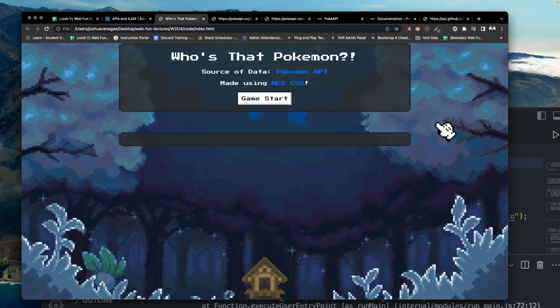This is a free API. So there's free APIs and then there's paid ones. Okay, this is a free Pokemon one that lets me get information on Pokemon, on their data, their abilities, and whatever Pokemon information is related to each one. So based on that information on that database list, I can take that information and make a game out of it. So in this case here, if I click start game,